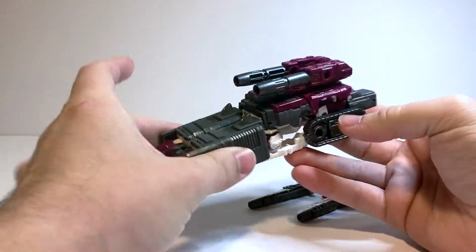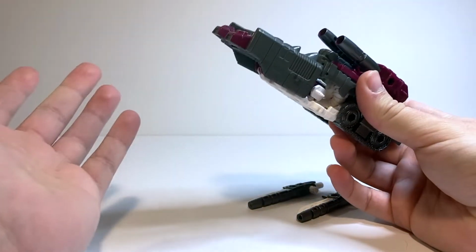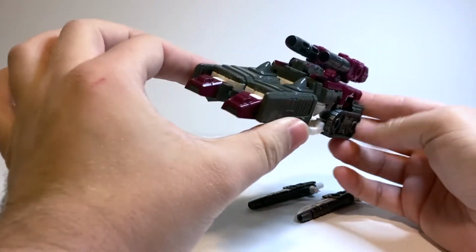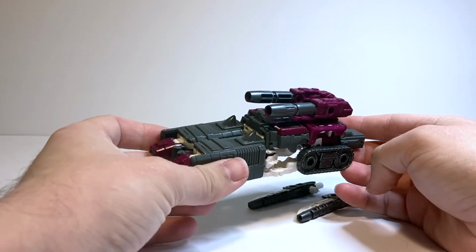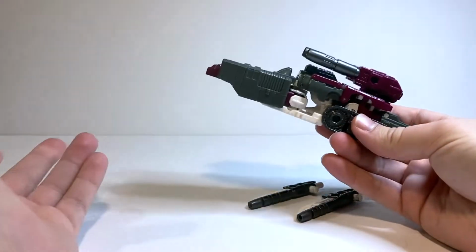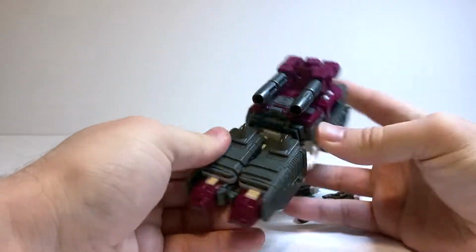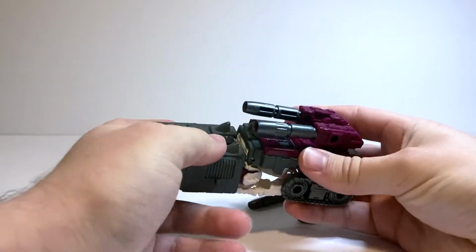But yeah, this is a figure that I was anticipating for quite a while because I really like the new Legacy versions of these updated Pretender designs, where their vehicle mode is based on the vehicle mode of their inner robot, and then the robot mode is based on the outer shell. I just think it's a really fun concept and a neat new way to do Pretenders. And Skullgrin is one of my favorite Pretender designs, so it's definitely really cool to get a new Skullgrin, and